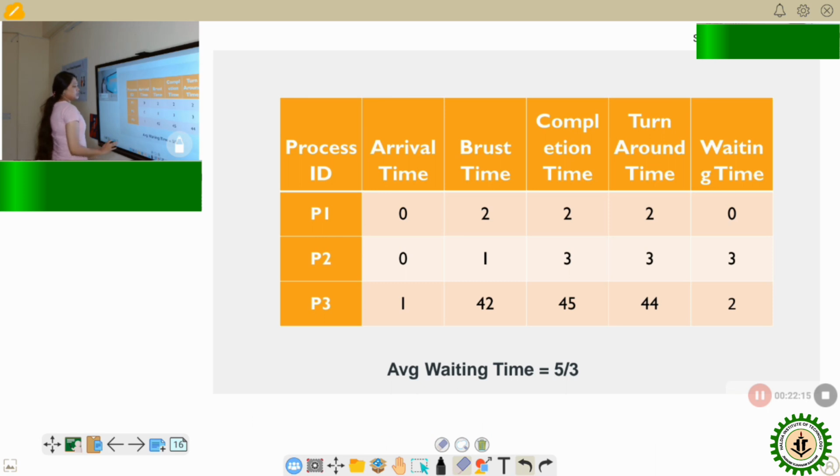In the next case, you can see that this is the same kind of example, but with P1, P2 and P3. P1 arrives first, then P2. So the arrival time of P1 and P2 is 0, and the burst times are 2 and 1. Then P3 arrives. So in that case, if we draw a Gantt chart,